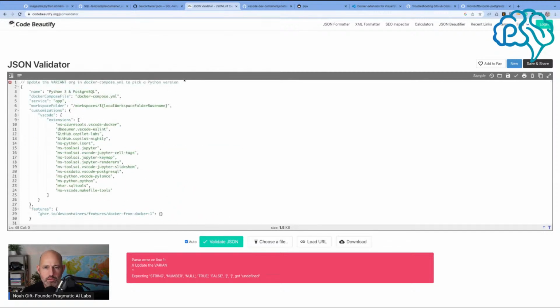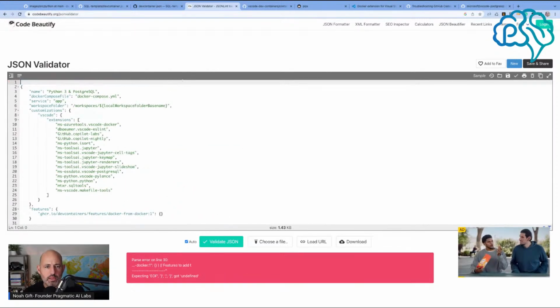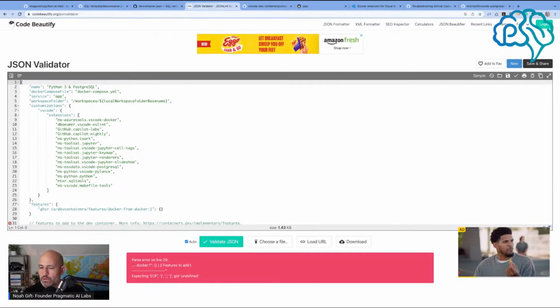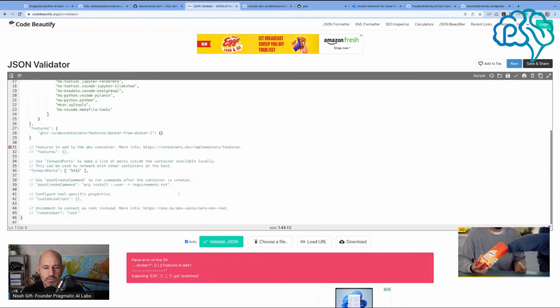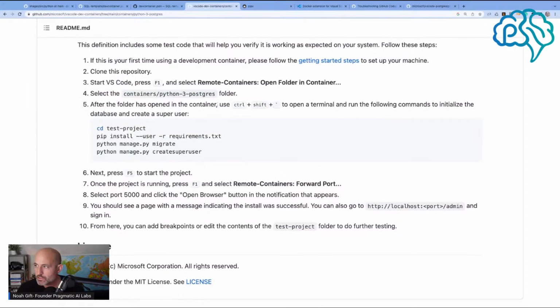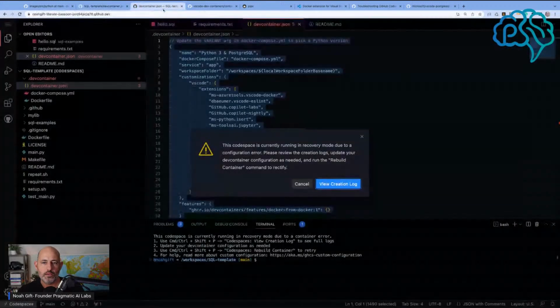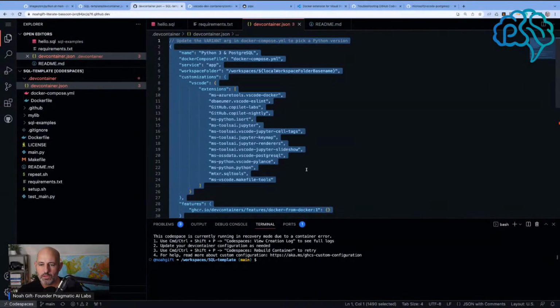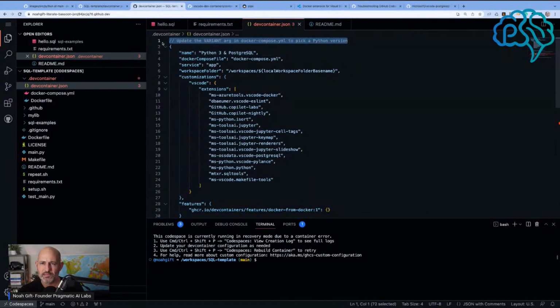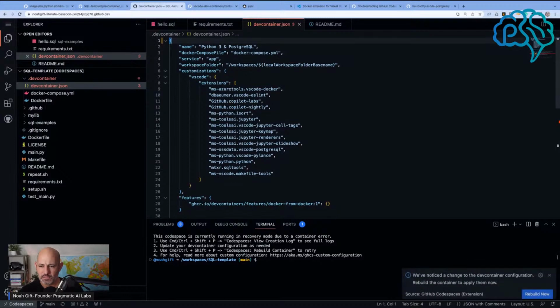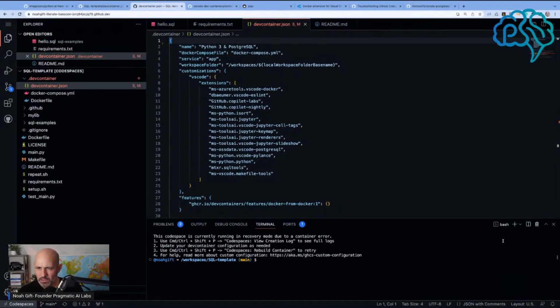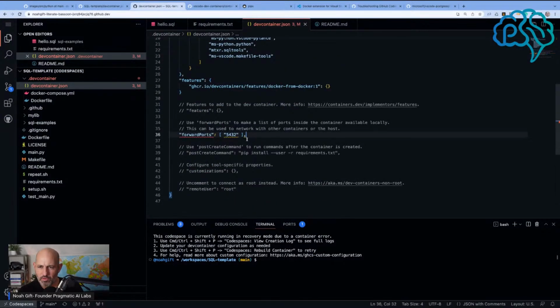Line 1. Let's get rid of that. There's all kinds of spammy JSON lint tools. Okay, so if we go here, let's get rid of this. And what is the problem? Why is